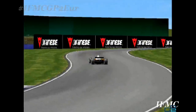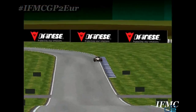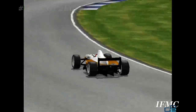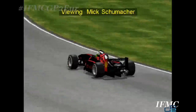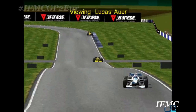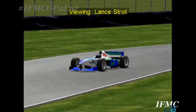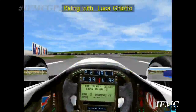Up the hill then we go towards the left and right-hander on the track, and I think the main question will be what sort of lap times will the top class be running, and what even GP2 will be as well, as Gelael there goes through Coppice corner there. The double right-hander. Also on track we have Mick Schumacher for Academy, and we also have Sergei Sirotkin, Lucas Auer, Yuri Vips, Louis Razia, Sasha Fenestraz, Lance Stroll, Nobuharu Matsushita, Dan Ticktum, Mitch Evans, Luca Ghiotto has just gone out,